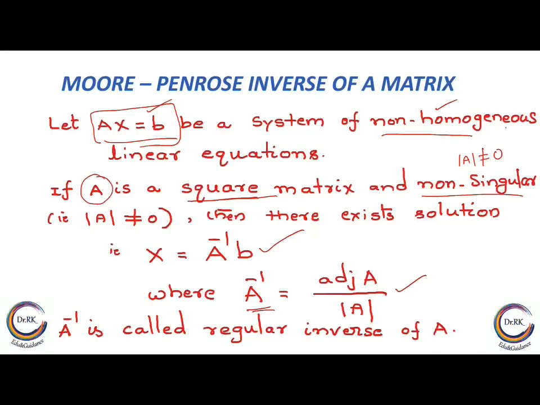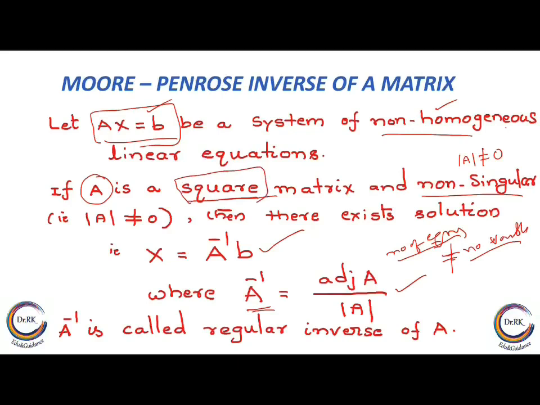It is not always that we'll have a system of equations where the number of equations equals the number of variables, right? If it is equal, then we'll get a square matrix, and then we can proceed in this way. It is not that this is always satisfied, that is the first condition. That means in such cases, if it is not equal, then it won't be a square matrix, it becomes